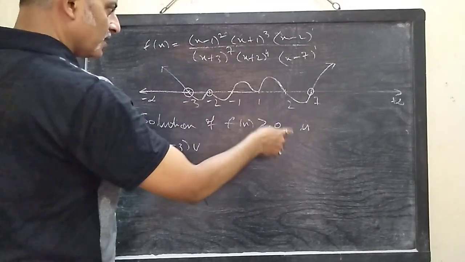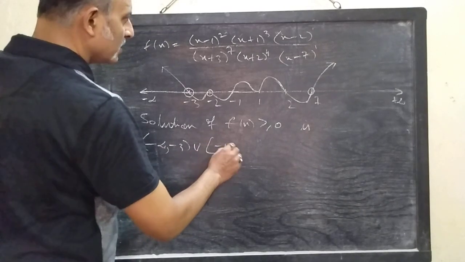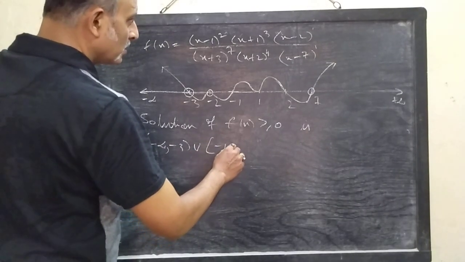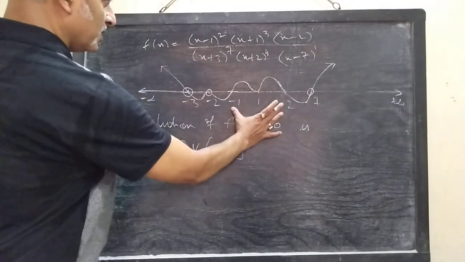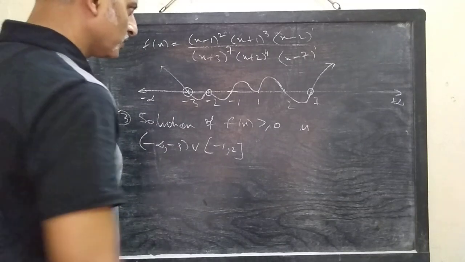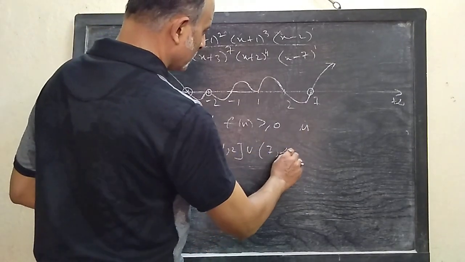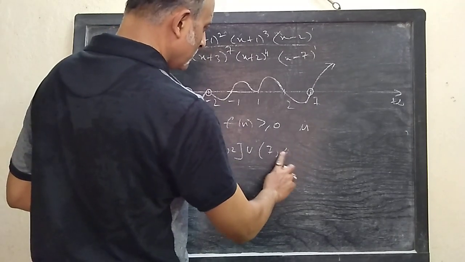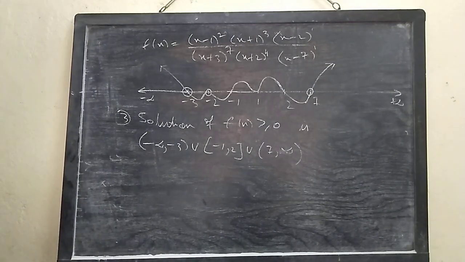here greater than or equal to 0. Here it will be minus 1 to 2 closed, greater than or equal to 0. So this 1 will be included in this part, minus 1 to 2. Then union 7 to infinity. This will be open because 7 can't be within the solution. Greater than or equal to 0. This will be minus infinity to minus 3, closed minus 1 to 2, then 7 to infinity open.